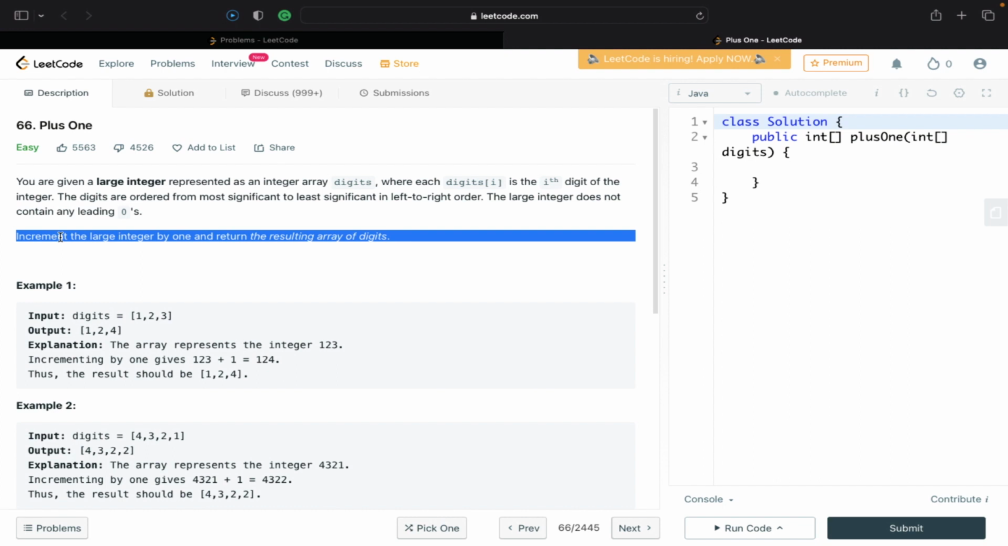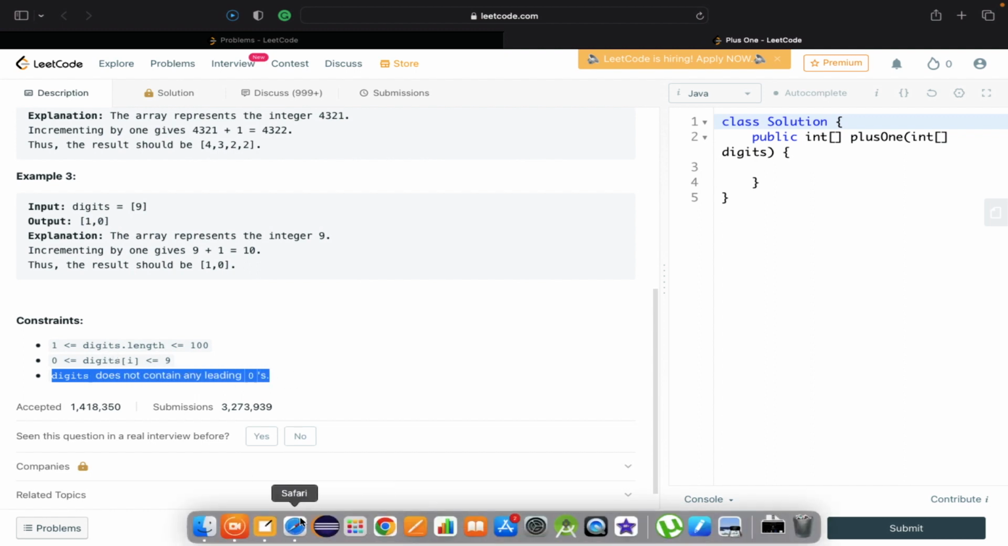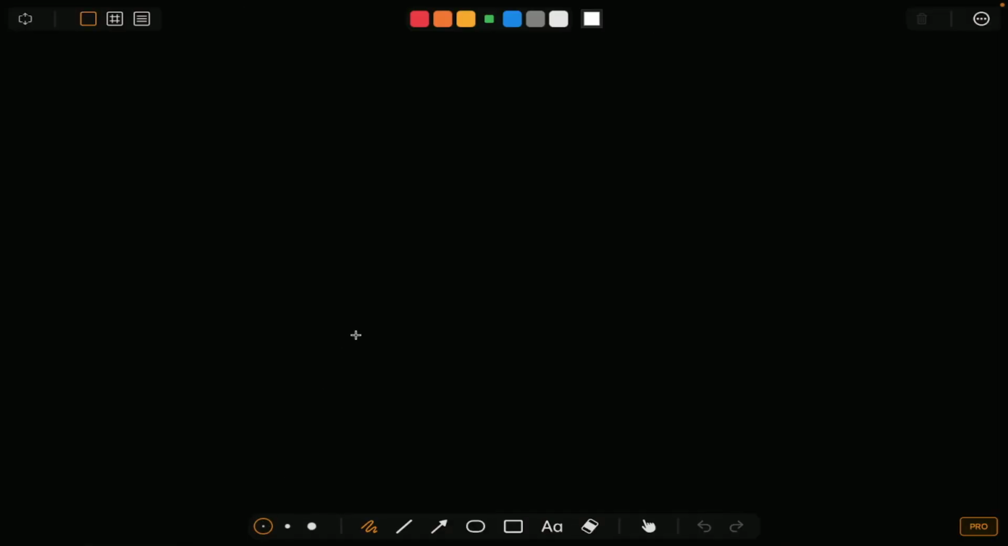We'll illustrate that problem in detail. So let's check the constraints. There is nothing special. Okay, let's get into the illustration of the problem. In this problem we need to consider three cases, specifically three cases. So if this is our digit array,